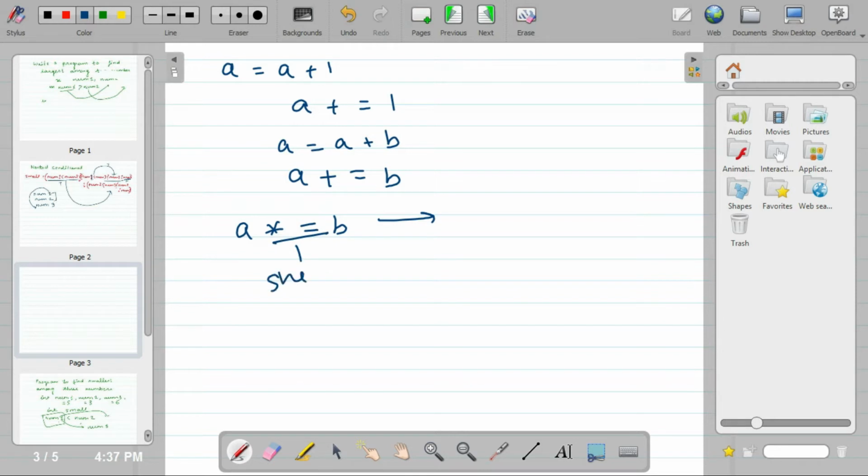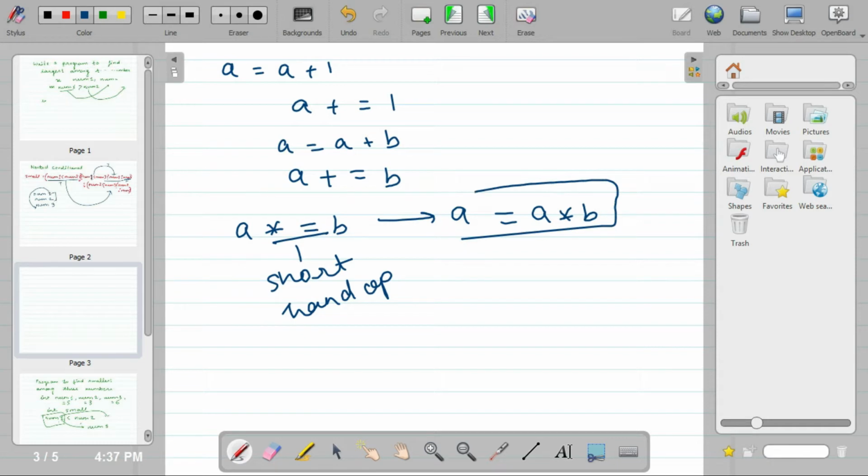This is a binary operator and it needs two operands, like A and B. It means A = A * B. So, instead of writing A = A * B, you can write A *= B. These are called shorthand operators.